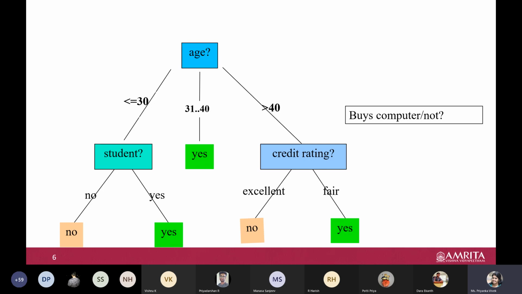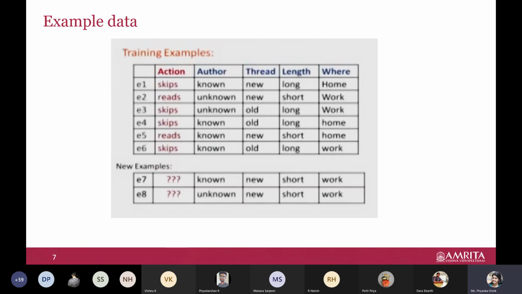That is why we are talking about entropy. There is a disorder or uncertainty in the system. Finally, what do we have to build? We have to build a model that is certain, at least to some extent, so that when you get a new sample, it is able to certainly tell that this particular attribute is there and is taking so and so value, and so the model can say with a certain level of confidence that it belongs to this class. That is the certainty we are looking for. Initially you may not have that, so you bring the uncertainty down to a certainty level. Is that more clear now?